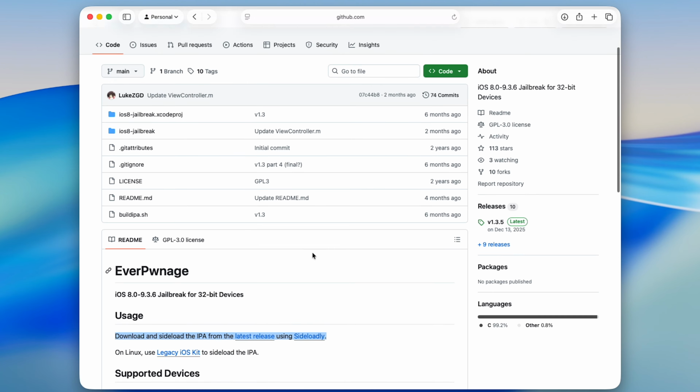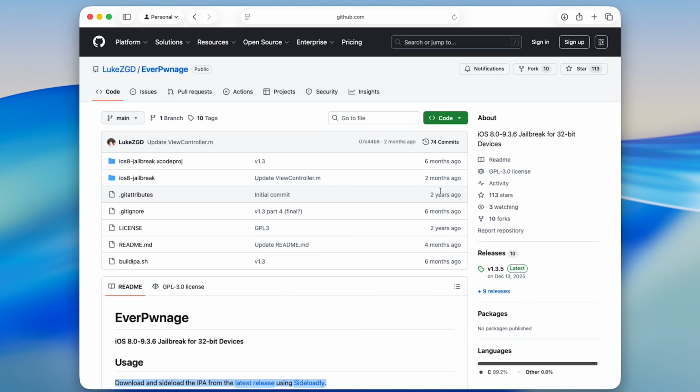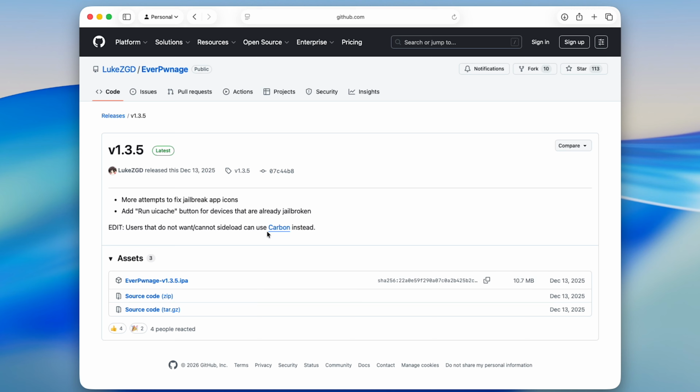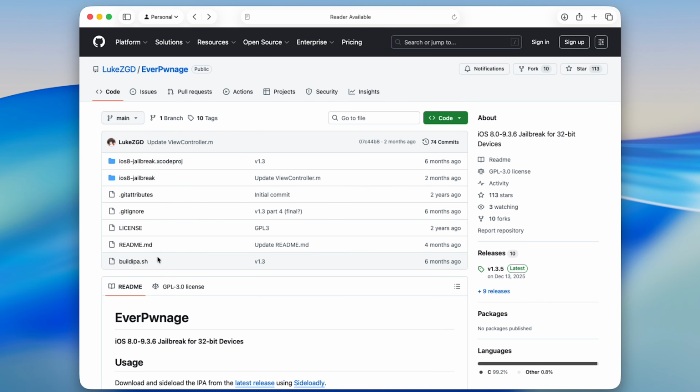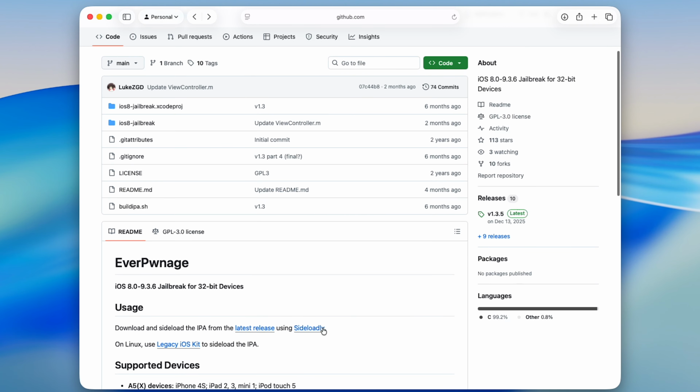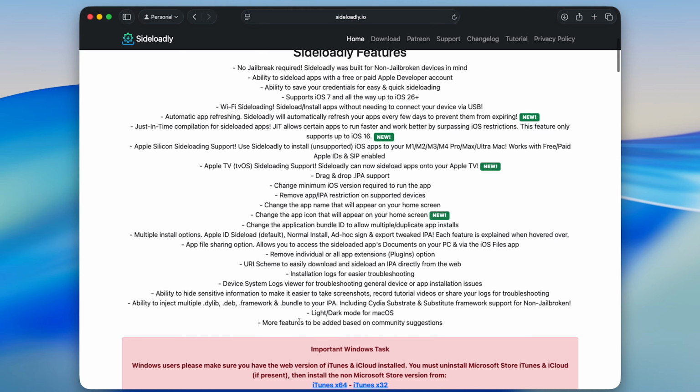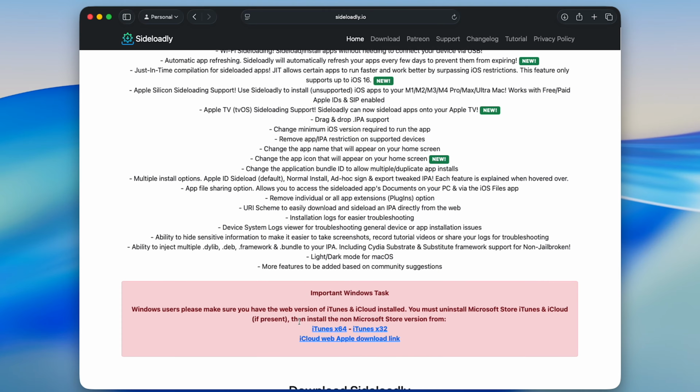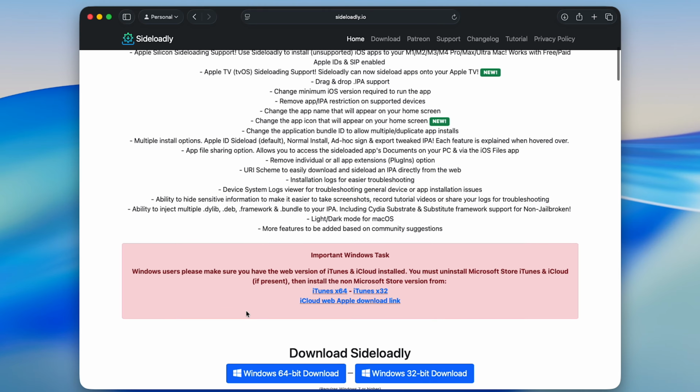You are then going to go to the side where it says releases, and you're going to click the latest release. Once you click the latest release, you're going to download the IPA for EverPwnage Jailbreak. Once you've downloaded the IPA, you're going to go back to the main page. Once you're back at the main page, you're then going to go down where Sideloadly is linked under the usage section. Once you click the Sideloadly link, it's going to take you to the main page of sideloadly.io, where you're